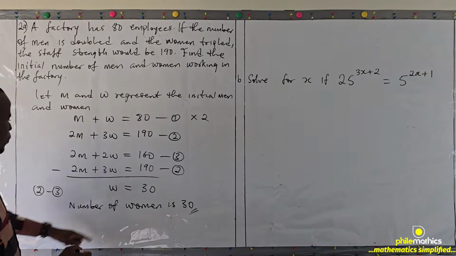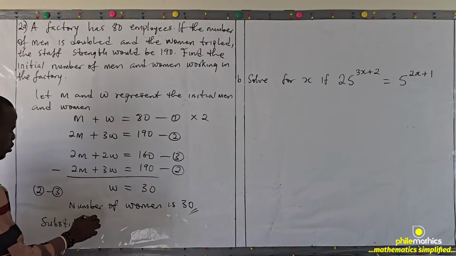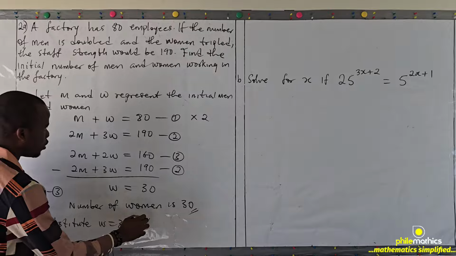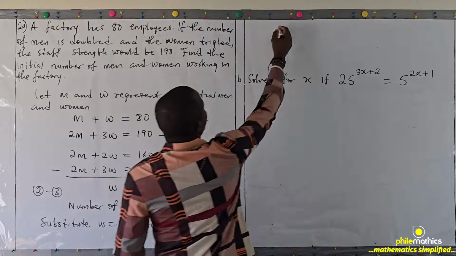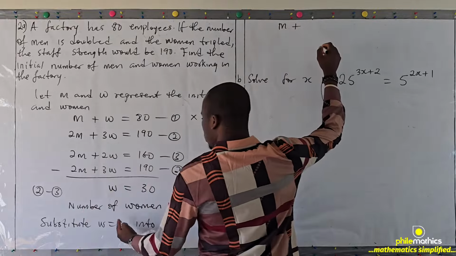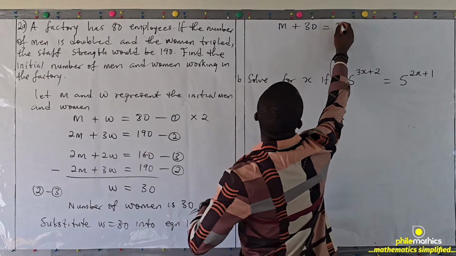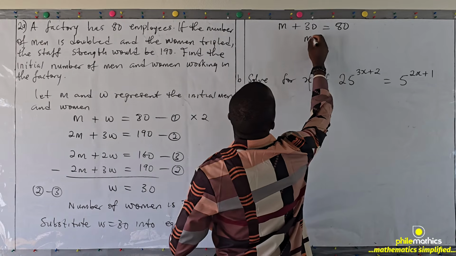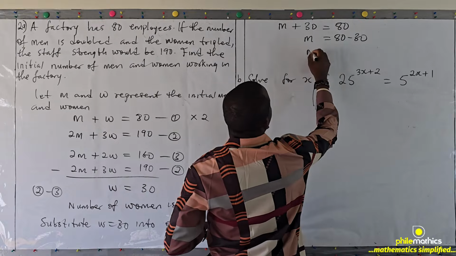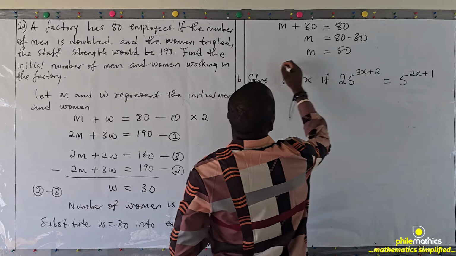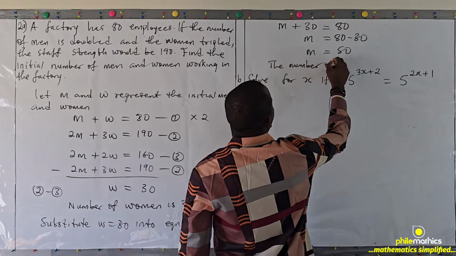So we'll substitute W equals 30 into equation 1. And equation 1 says m plus w, but we have gotten w as 30, equals 80. And so we can easily get what m is. Subtract 30 from both sides. And so the number of men is 50. Therefore, the number of initial men